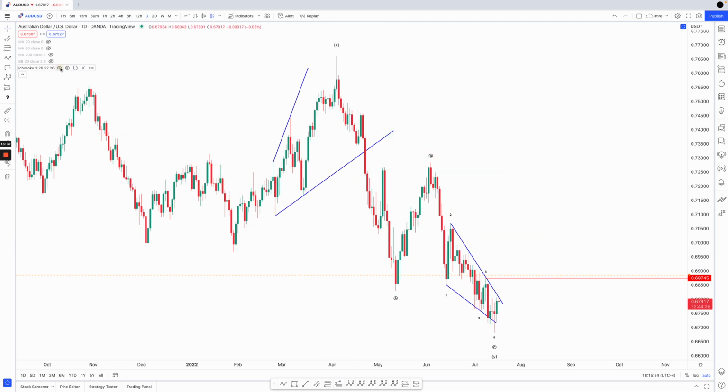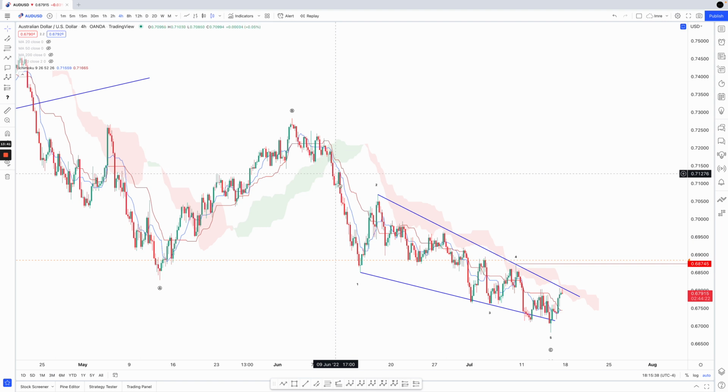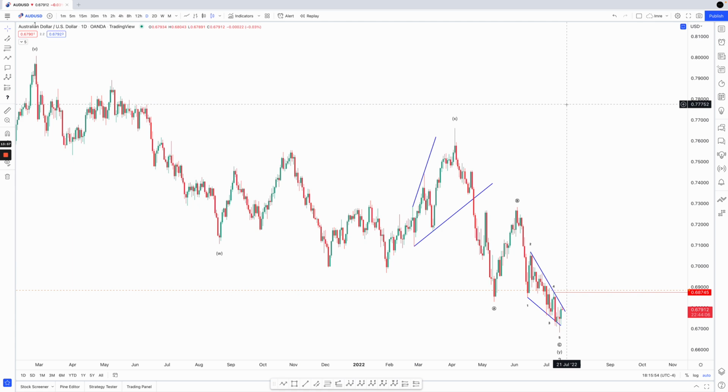But if I change my time frames, I'm sure I would get a more timely signal. See, we get a more timely signal there on the 4-hour. We get a more timely moving average crossover on the 4-hour as well. All right. So these technical indicators can be very helpful, but in my opinion, they're most helpful when combined with